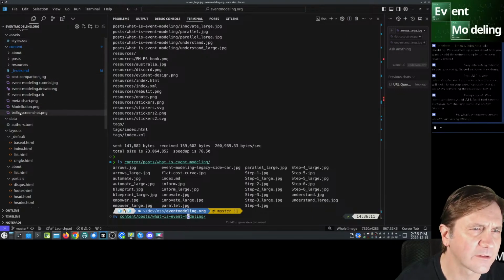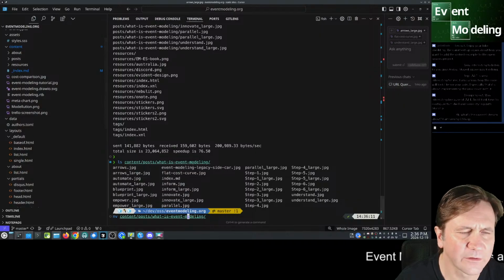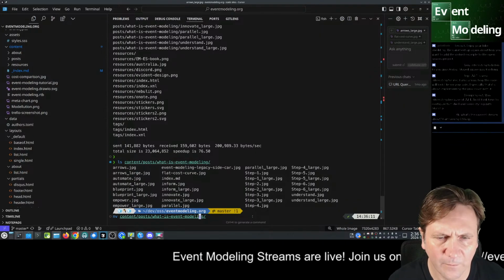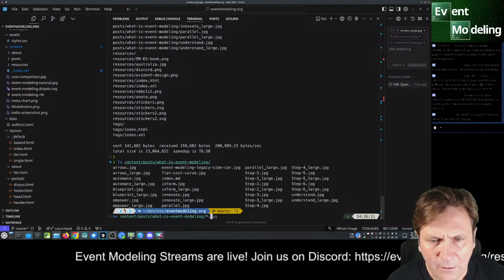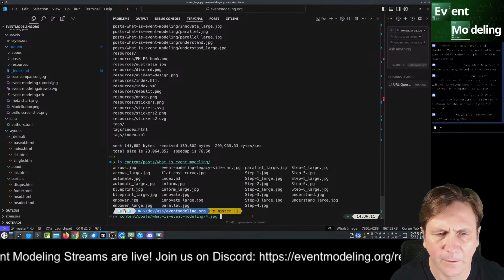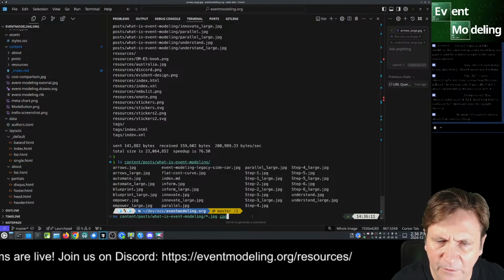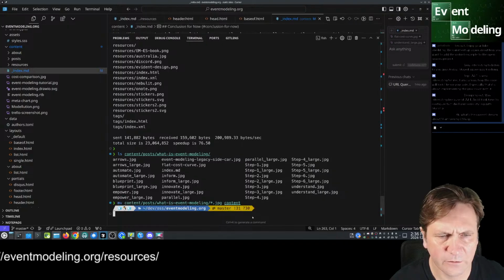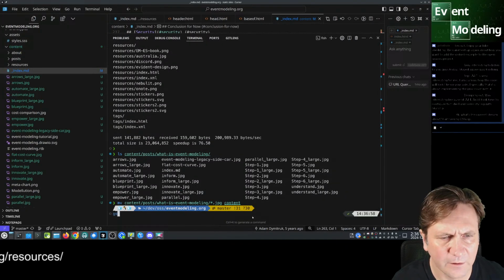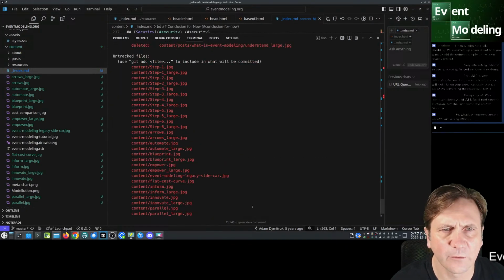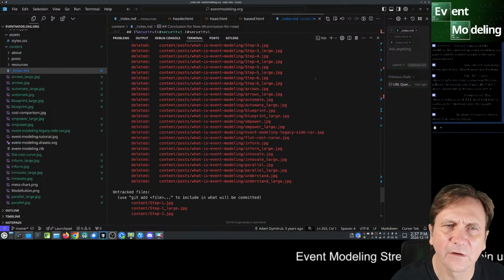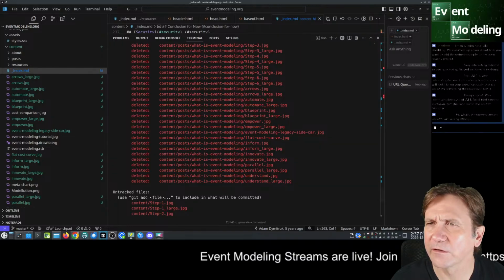Content, we got the index MD, and we can go in all this stuff. Sure. That should move them all. Okay, good status. That moved all that. Deleted all that. Good.